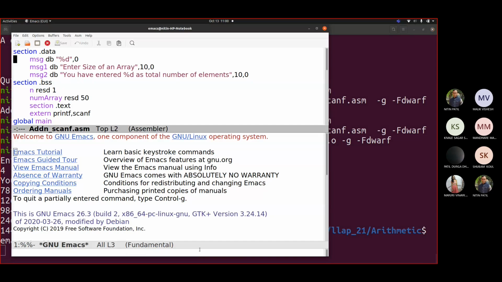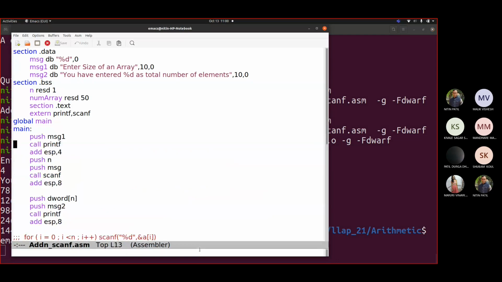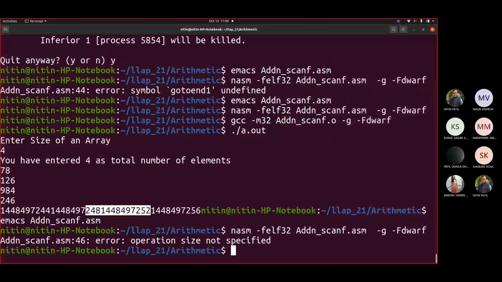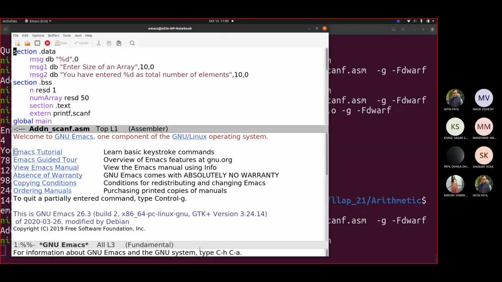I have to add. Whenever we want the value in a printf, I should write it in square brackets. Fine. Now let us see. NASM. Oh, sorry, I haven't specified there. Like if you recall, have you heard about typecasting?